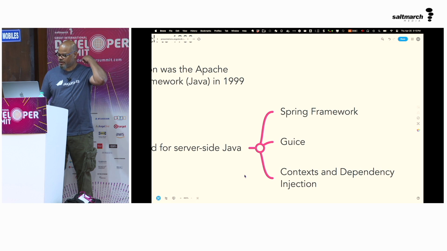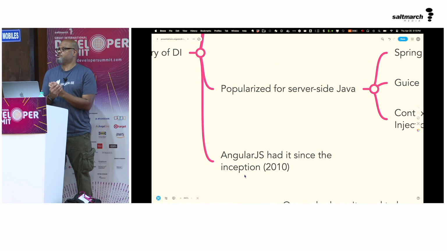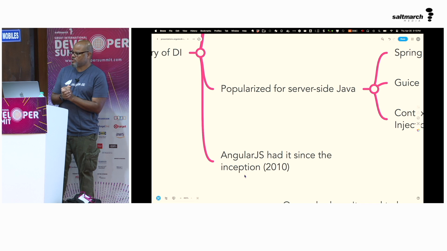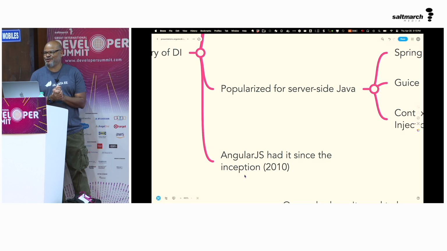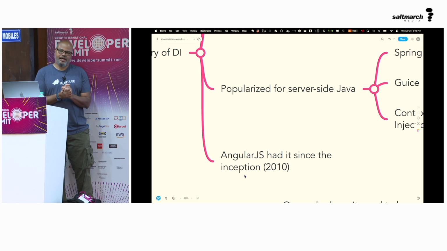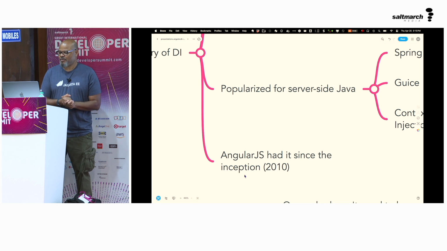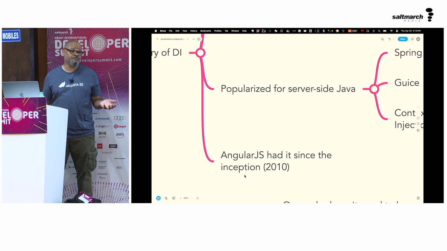When Angular came along in 2010, it introduced dependency injection on the front end, and that was pretty novel at the time. So hats off to Google and Angular for introducing dependency injection in the front end. That was in AngularJS, which I completely skipped. I never worked with it. But Angular as we know it today, 2 and higher, has very robust dependency injection features built into it as well.